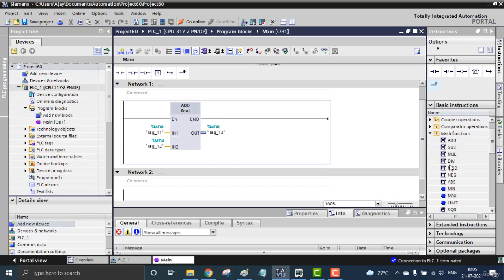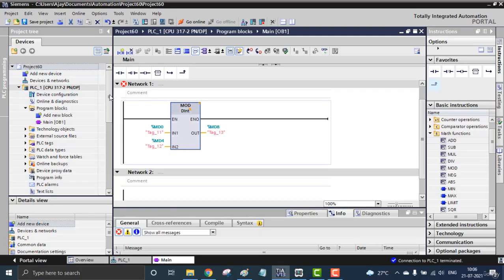Okay, I'm not doing that up to the division, we can go for the MOD block. We can check what is MOD. Up to division, it is simple, the other arithmetic blocks are the same. We can change it to multiplication, division, or subtraction, whatever. We can go for the MOD. Now MOD, here you can see the type of memory can be only double integer. It's okay, we can go for the double integer, and we are still using double word memory, MD0, here MD4, here MD8. The input or output is in double integer, but it is still not taking.